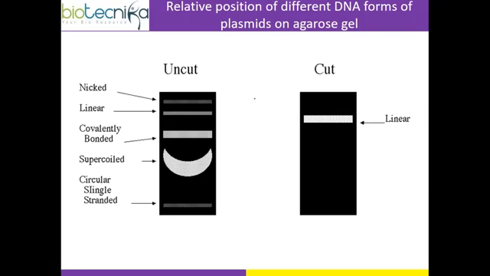Yes. Before going to that, this is the plasmid. When you are isolating, you may get nicked plasmid or linear plasmid, covalently closed plasmid, supercoiled plasmid, circular single stranded. This is how you will get. Very important. But when you cut everything using a restriction enzyme, you will get only one band. The same plasmid, if it is in different forms, you will get like that. Always nicked on the top, followed by linear, covalently closed, supercoiled, circular single stranded DNA. A very important Part C question, guys.